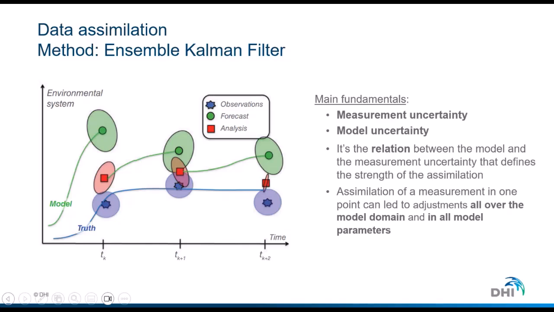We are adjusting the whole model domain, so at all levels and everywhere horizontally as well. And on top of that, we are also not only adjusting the one parameter that we are assimilating into the model. So say we are assimilating a chlorophyll value into the model, we will not only be adjusting chlorophyll in the model, we will also be adjusting all other biogeochemical parameters, which could, for example, be the nutrients or the oxygen values. And this fact is actually one of the things that makes this method quite robust, as it tends to keep a balance in things in this way.